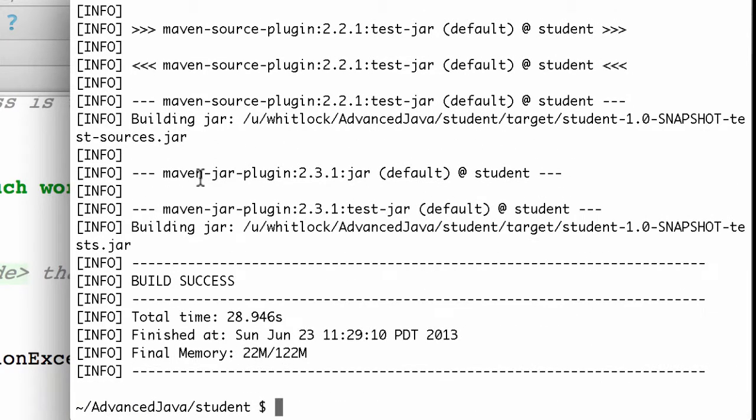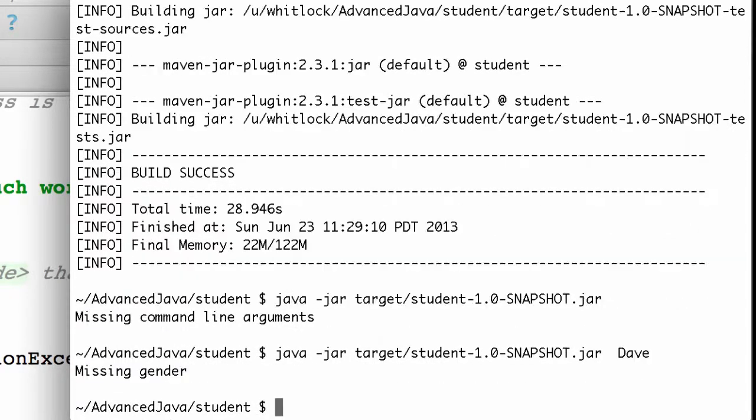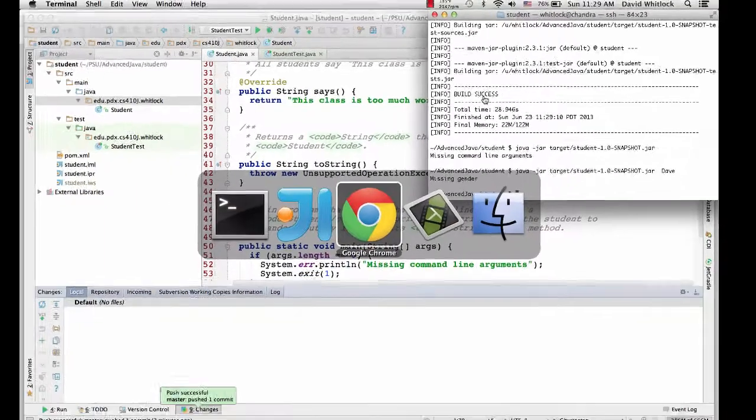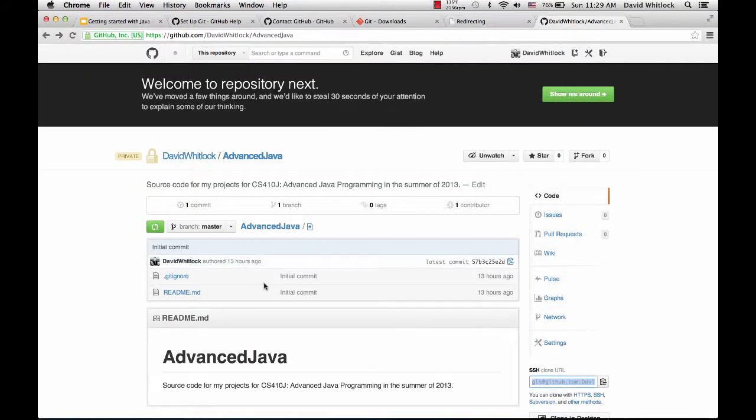And then I will, once again, test the executable jar. Command line arguments, Dave, missing gender. Awesome. Okay, this is good. I've committed all this stuff to GitHub, and you can view your changes up on the GitHub website. So if I go back to my repository page and I reload it,